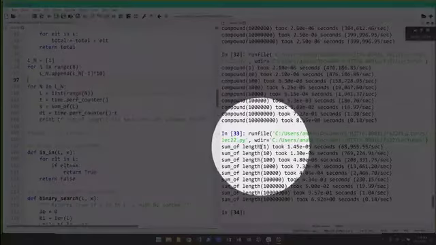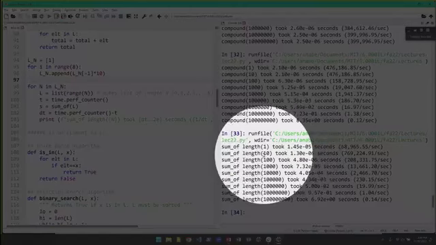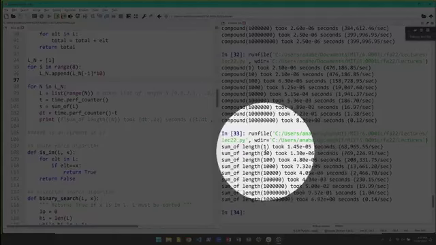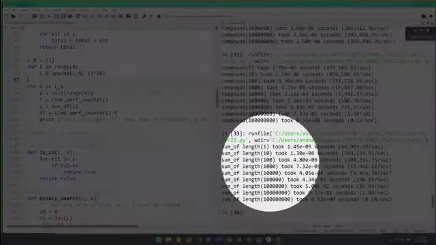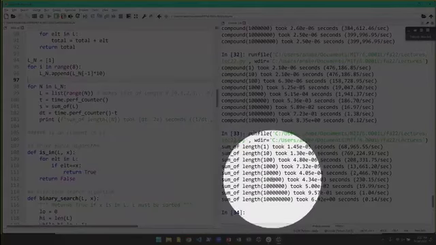When we had 1 element in my list, it took 1 times 10 to the negative 5 seconds to run. When I had 10, it took 1 times 10 to the negative 6 seconds to run. It was actually shorter to have more elements in it. See, this is what I mean: it's very unpredictable for low numbers. But as we get to lists of length 1,000, 10,000, 100,000, a million, and so on, we can start to